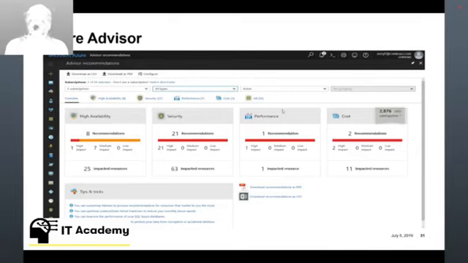Most importantly, though, we have the cost recommendations. So I can look in the cost recommendations and see a list of changes that I should make to resources in my environment that are going to save me money. And this kind of figure here of saving me $3,000 per month by just making 2 changes in my environment,